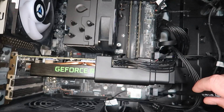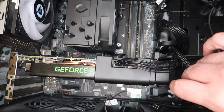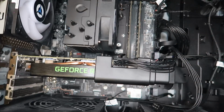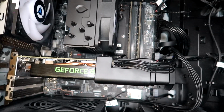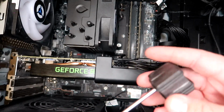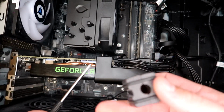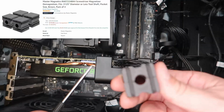See if we can get some persistence and luck to work in our favor here, where we just drop it in there. One thing you could do is get a very small magnet off your fridge or something. Oh, well, I didn't want to drop that down there. Did you see that? So as I was saying before, I was so rudely dropping screws, you can actually get these little magnets. You can possibly use the magnets on your mom's fridge, but this magnet right here,